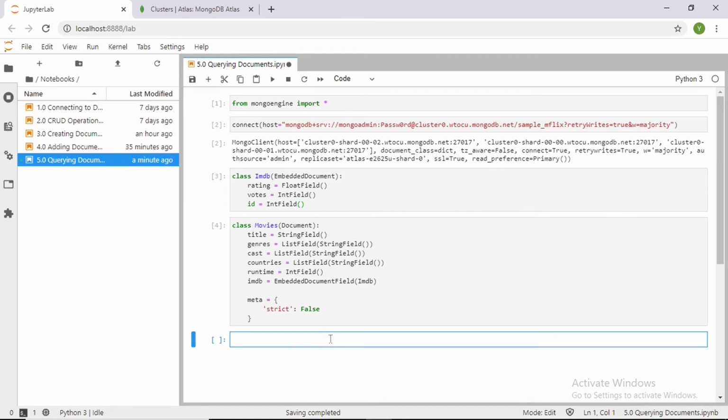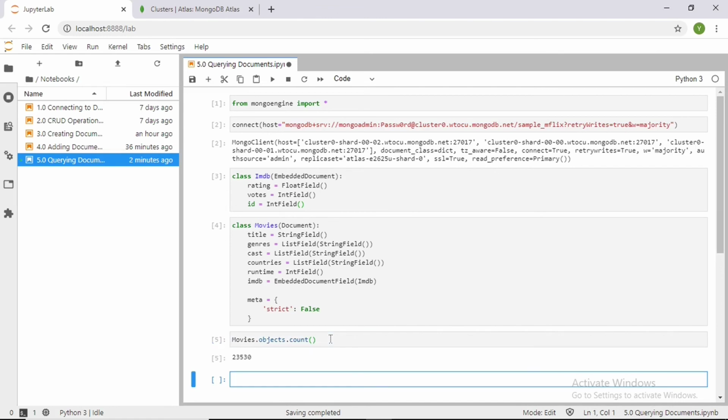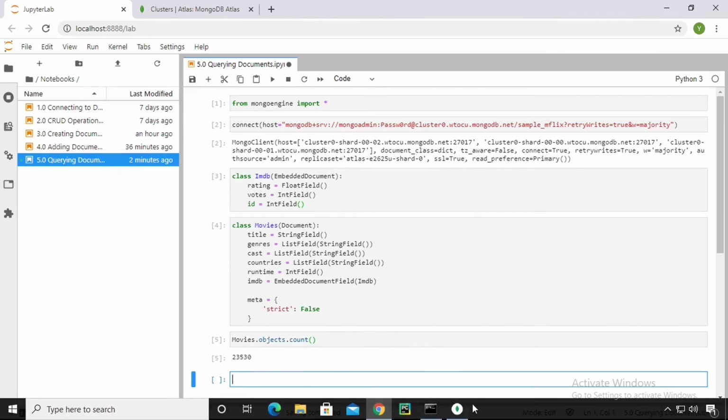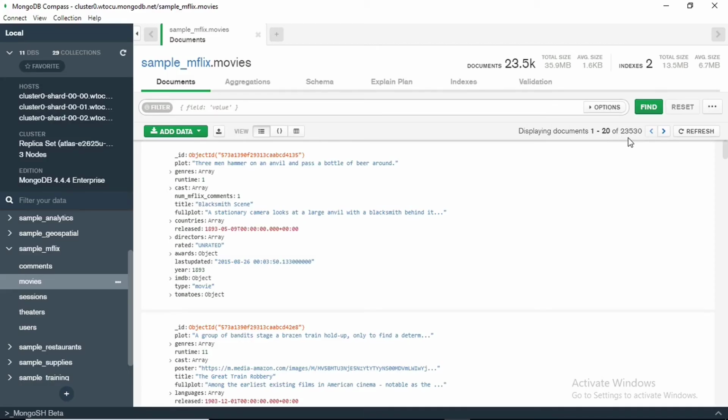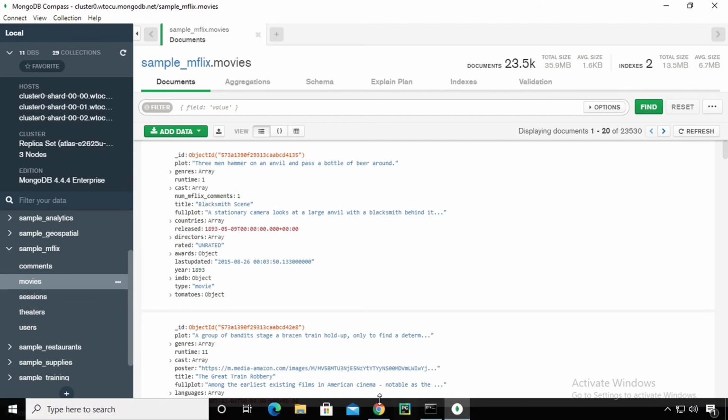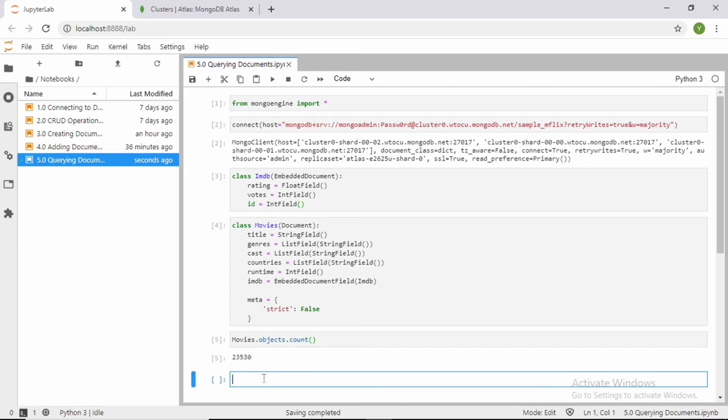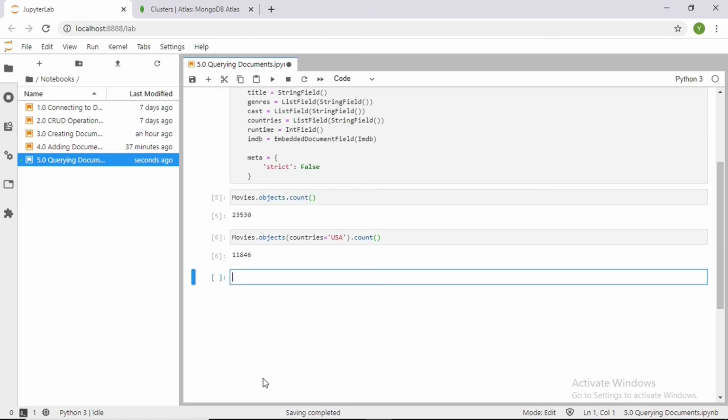Okay, so let's start by querying how many objects are in the database. I'll use movies dot object dot count, and it returned the total number of movies in the database. This is the exact number of records, 23,530. Okay, so let's select the countries that have the USA as its country. So movies dot objects where countries equals USA dot count. This returned